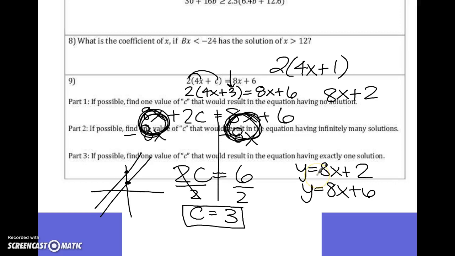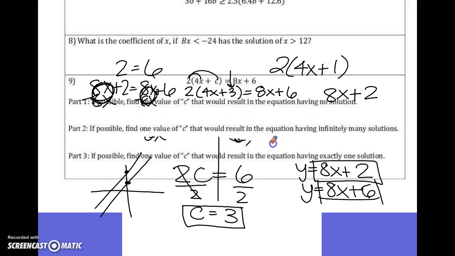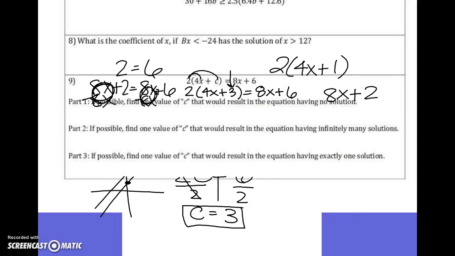They are different. Now, these two are different. They are not equal, and they could never be equal. Because if you go through this now and you've got 8x plus 2 equals 8x plus 6, I subtract out 8x, and I have 2 equal to 6. And that's not true. 2 cannot equal 6. So in this case, if I want no solution, all I have to say is